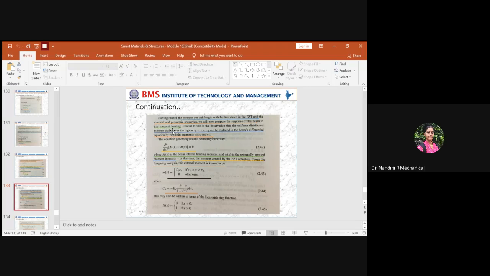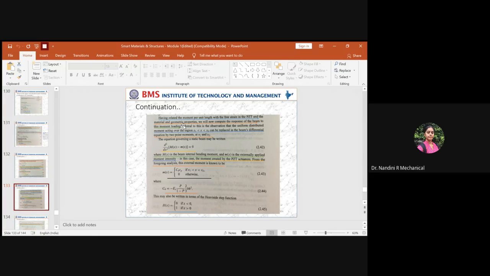Means to say, the bending moment governing equation will help you derive the moment which is taking place per unit length, which is associated with the free strain. Always the bending moment will be associated with the free strain. And again, it will be affected by its material, with what material the PZT or any other piezo element is made, and its geometrical properties. So the moment governing equation you derive will be directly affected by the free strain of the piezo element as well as its material and geometrical properties.